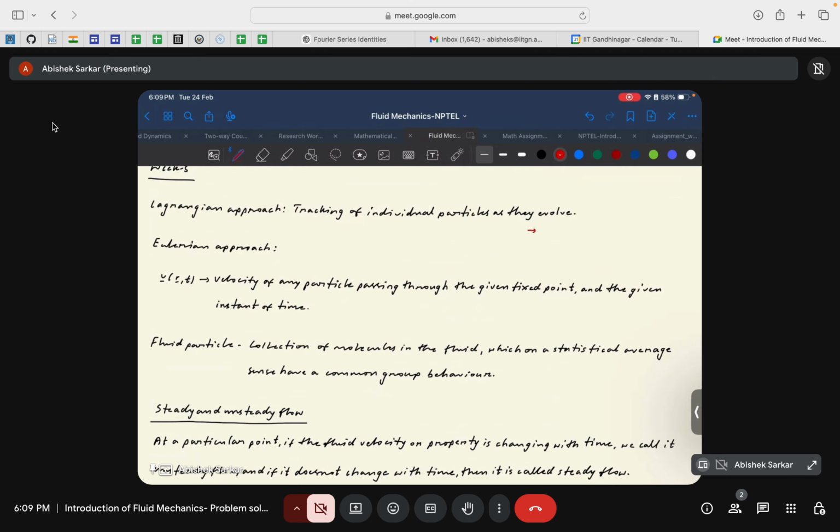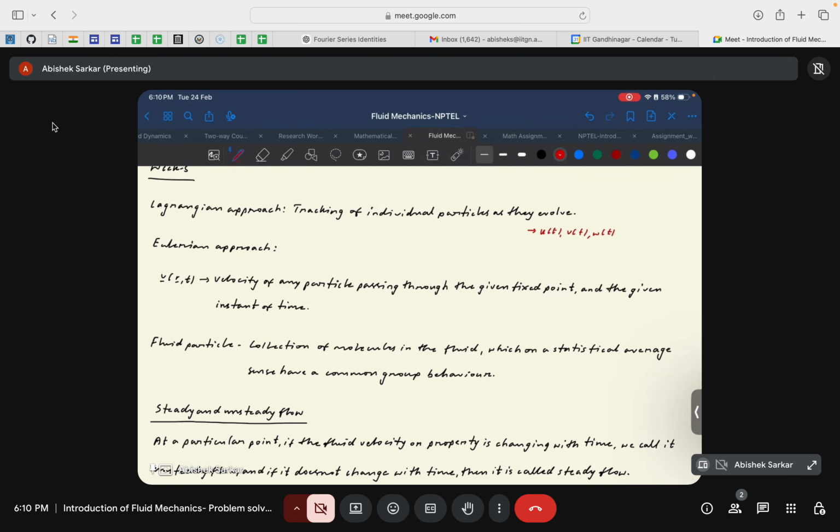So in this case, u is a function of time, v is a function of time, and w is a function of time. Okay. But for the Eulerian approach, if you remember, we said that in the Eulerian approach, rather than following each and every particle, we rather focus our attention on a particular region of the flow field that we want to analyze and see how the motion of fluid molecules across the domain,